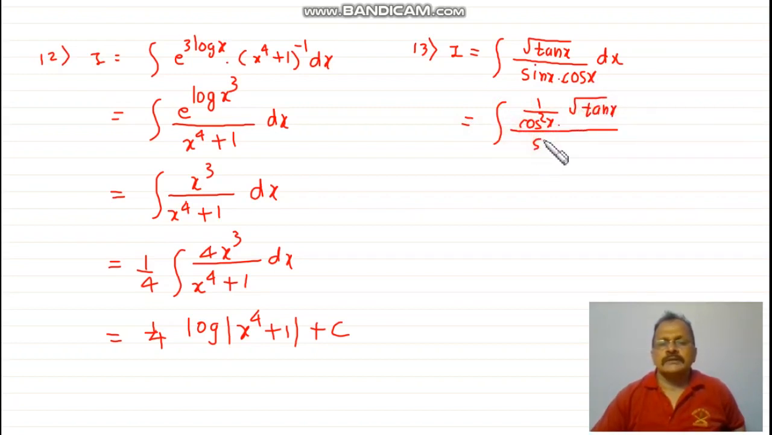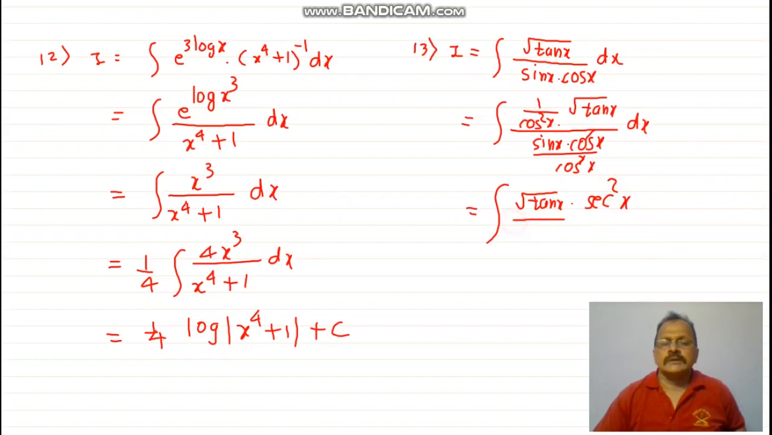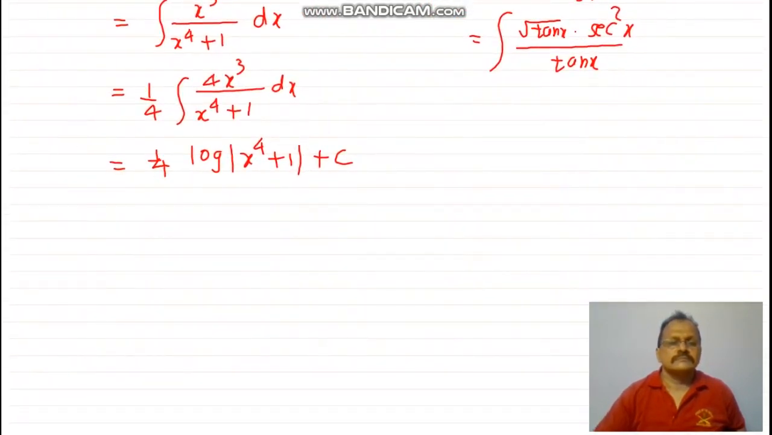divided by sin x into cos x divided by cos square x dx. One term of cos will get cancelled, and you will have integration of root tan x into sec square x divided by tan x. That is integration of sec square x dx